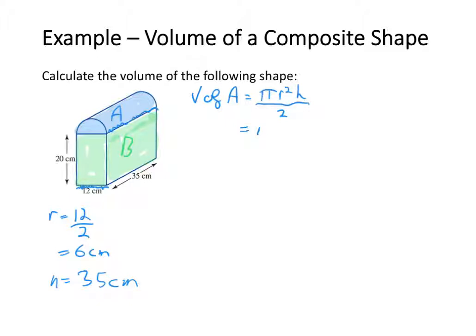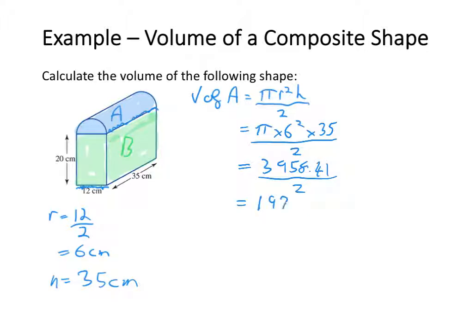So the volume of A is going to be pi times 6 squared times 35. And then I'm going to divide that by 2. So completing my numerator, putting it into my calculator, that's going to equal 3,958.41 divided by 2. So the volume of A is going to be 1,979.2 centimeters cubed. Now next I've got to calculate the volume of B, which is my rectangular prism, and that is